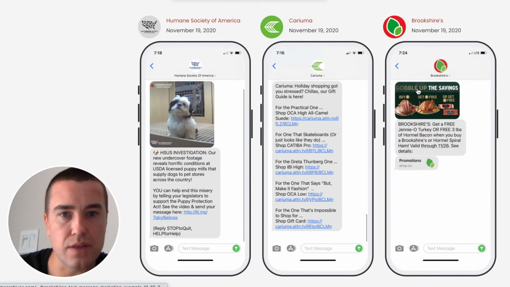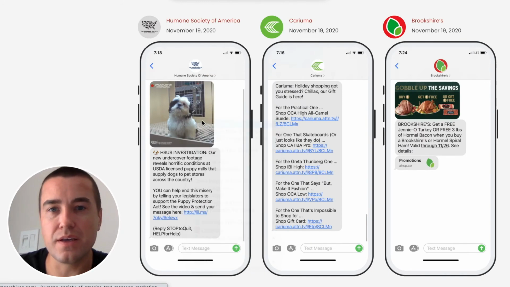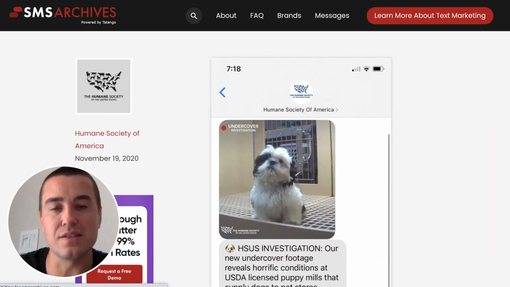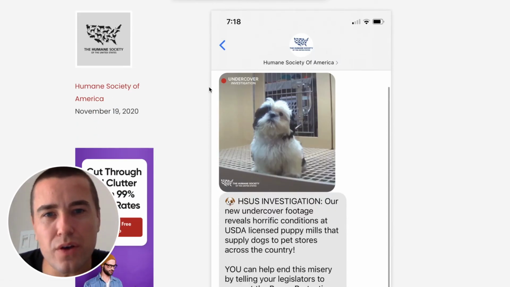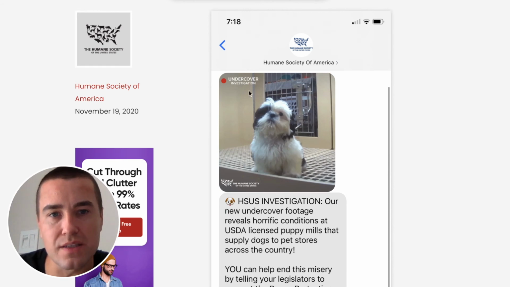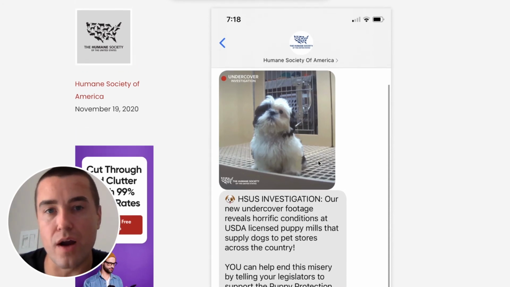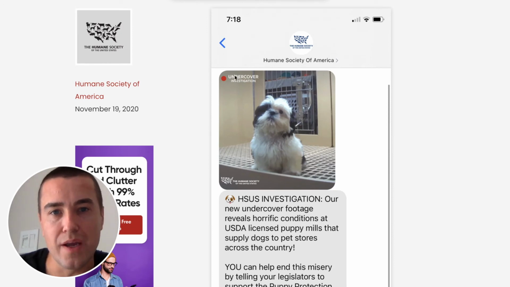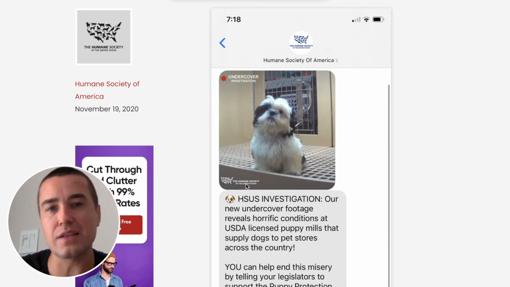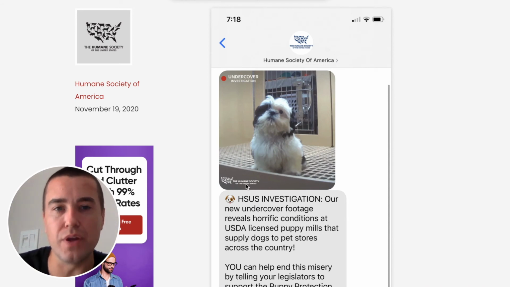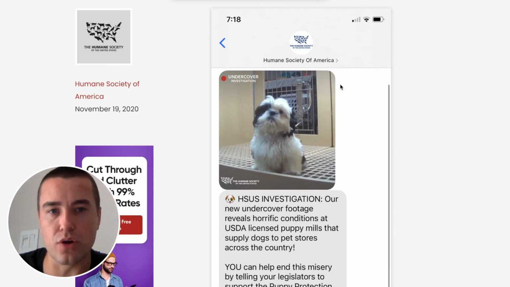Let's see here. Let's find some others. This one was kind of bad because it's a nonprofit. It's not crisp. Actually, no, this one's pretty good. You can tell because it looks like an undercover image, so I think that's why it's a little bit blurry. But then you can tell from the undercover investigation and the logo how small that is, but how crisp the letters are. That's what shows me that they've done the right ratios in terms of sizing for the MMS image.